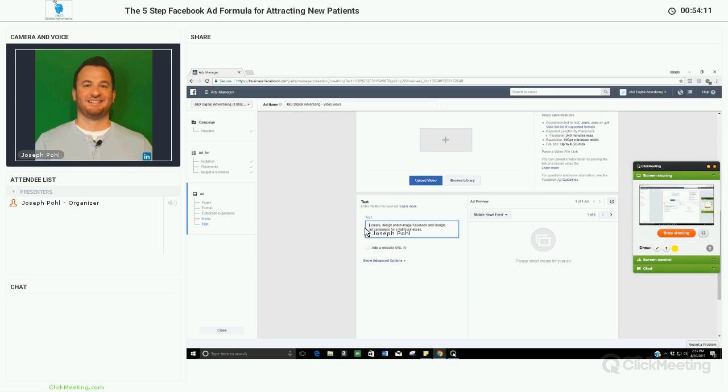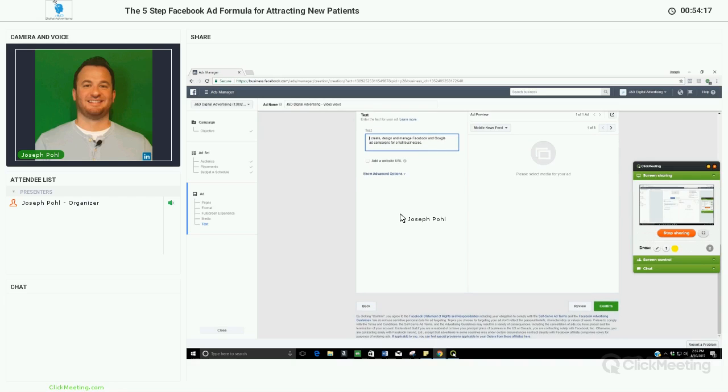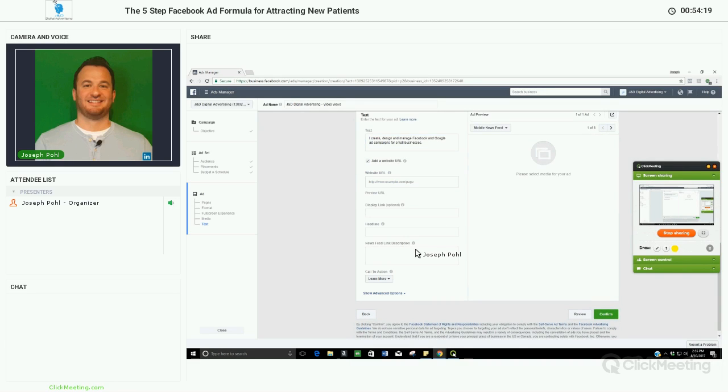And then once you put the video in there, put a little description, add your website URL, add a headline, display link, and a news feed link. This is more of a call to action. Click on this link to meet the team, or whatever it is, and then it'll take you to their